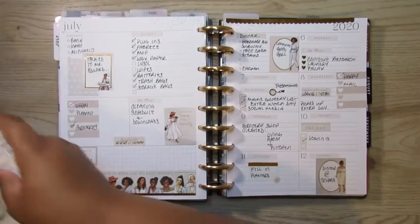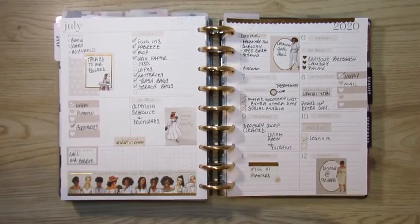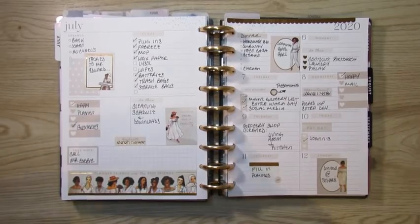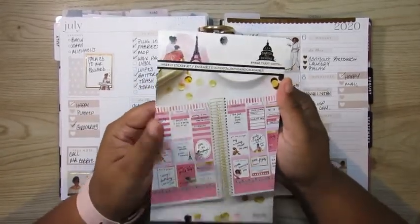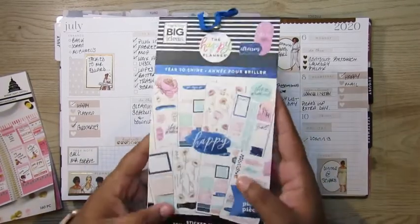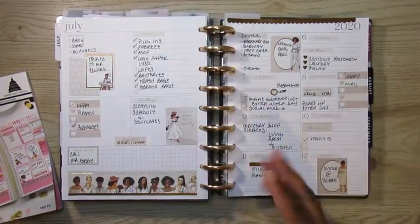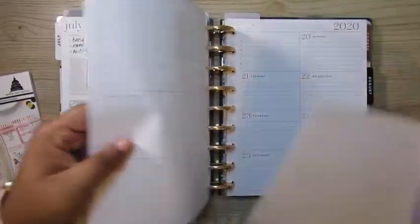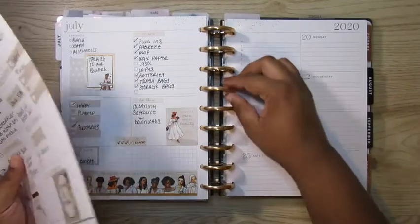So in order to somewhat redeem myself, I'm going to use this weekly sticker kit, and I may have a little help from the Year to Shine sticker book. Haven't decided yet, but I do have it on standby. So just gonna pull the pages out,